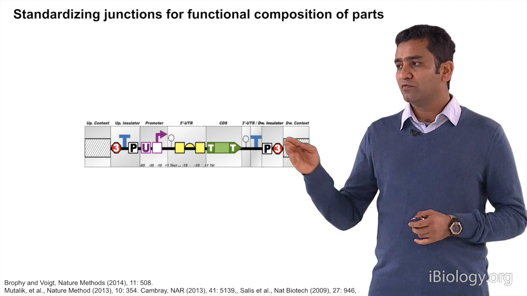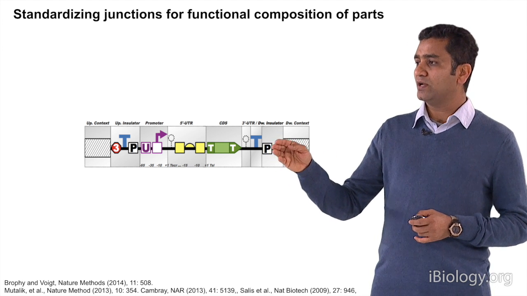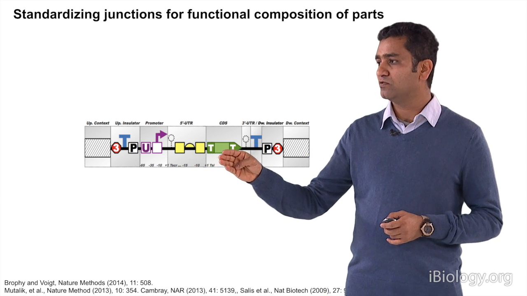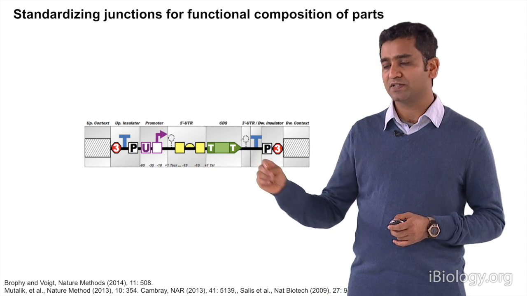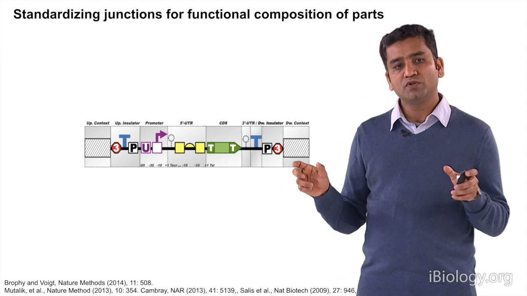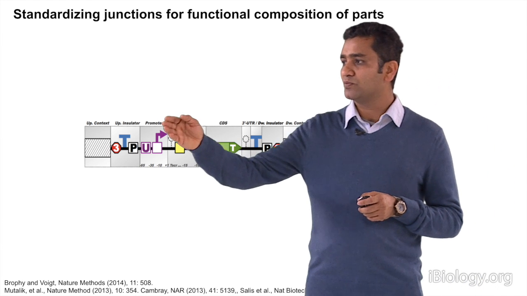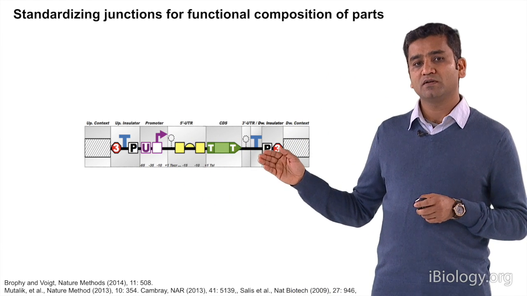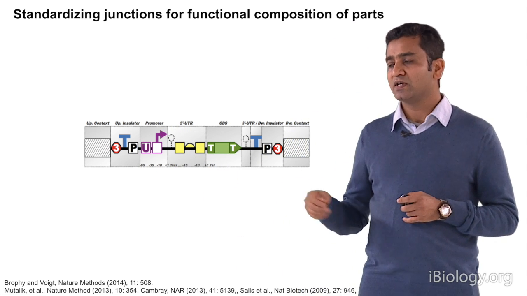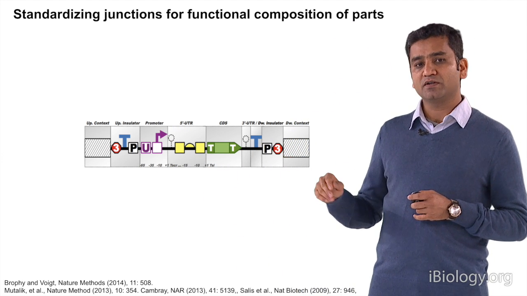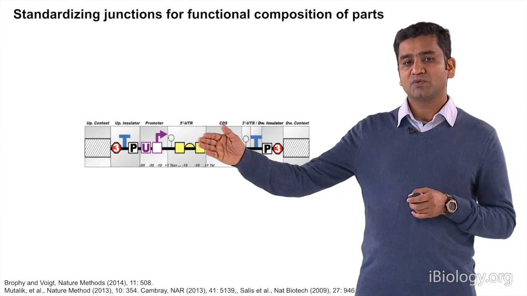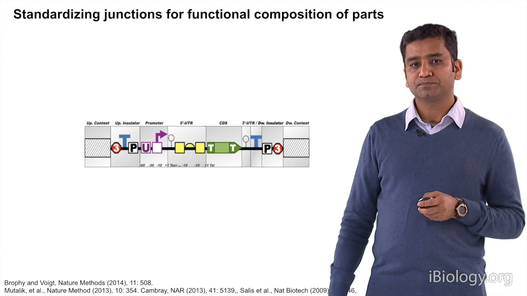So one of the approaches people have come up with, particularly in BioFab, is to have a promoter and then a downstream UTR driving the gene expression of a gene of interest. These functional units, the expression units, are insulated by two different insulator regions: an upstream insulator and a downstream insulator. The upstream insulator is made up of a terminator and some regions which we call insulators, and the downstream one is another terminator. So the idea is that there is no traffic going inside the transcription unit, and nothing is coming out of this unit.